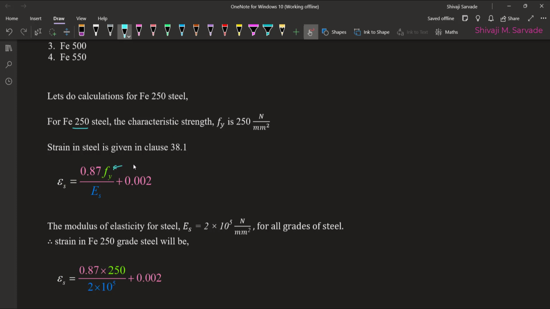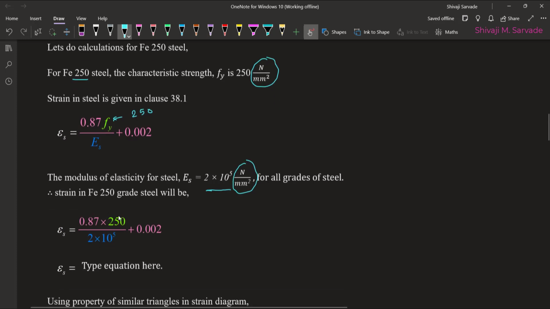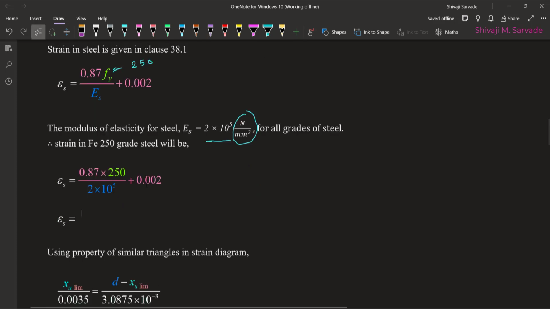So instead of Fy, I'll have to put 250, and Es, that is the modulus of elasticity, I can substitute the value as 2 into 10 raised to 5. Again, you need to be consistent with units. This is in Newton per millimeter square, so my modulus of elasticity needs to be in Newton per millimeter square again. So instead of Fy I put 250, instead of Es I put 2 into 10 raised to 5, and that calculation will give me the strain in steel for Fe 250